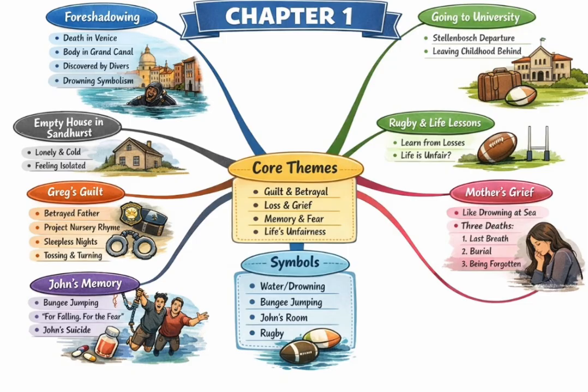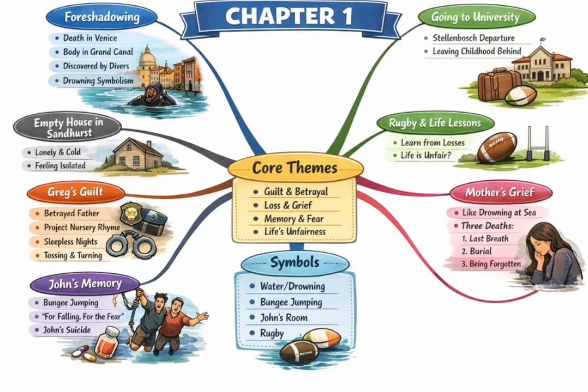She is. Speaking of her, the analysis points out how she keeps using this really powerful water imagery to describe her grief. She says losing a child is like drowning at sea. And this is where the whole chapter just locks into place. The thematic cohesion is perfect. Because it goes back to the beginning. It connects directly, instantly, back to that very first image of the body in the Grand Canal. The author uses that same motif to show that this sense of drowning, of emotional collapse, is the fundamental state for this entire family. Wow. So the theme that started so publicly in Venice ends in the most private way in the mother's own heart.